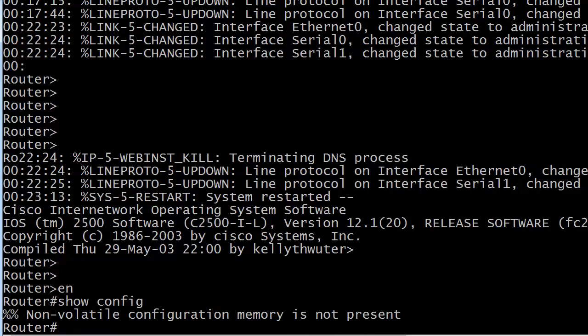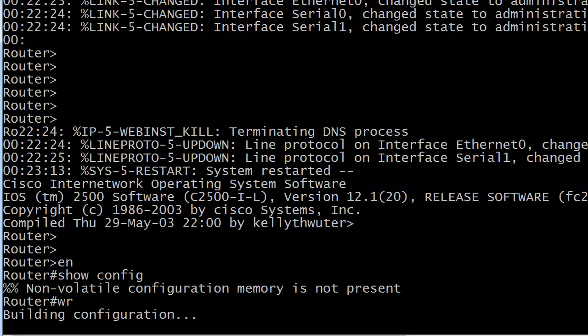So let's look at our config here. And we're told immediately that our non-volatile config memory is not present. So I'm going to save that real quick. And I could have done a show run just to show the running config, but that's fine. So once that builds,